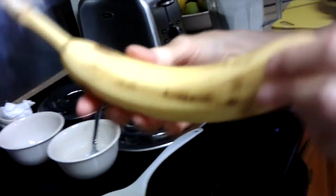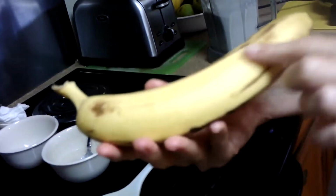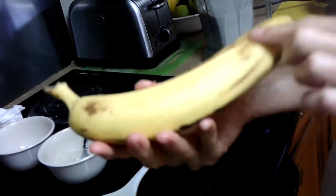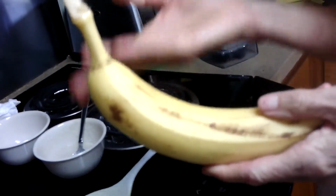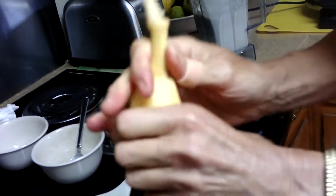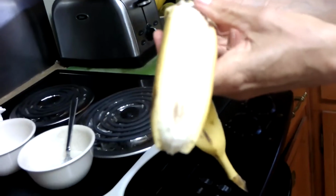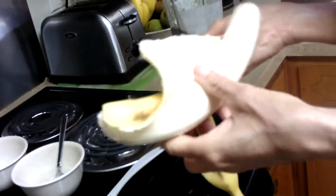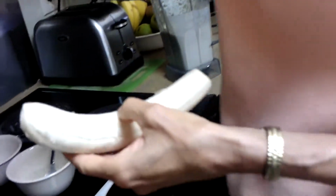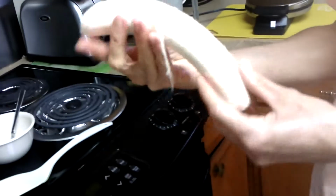All right, so just a regular banana. You want it a little bit getting brown, so you want a ripe banana. If it's too ripe, it won't work, and if it's green, it won't work either. This banana is a little bit bruised, but it'll work for our demonstration purposes here. So hold your banana,